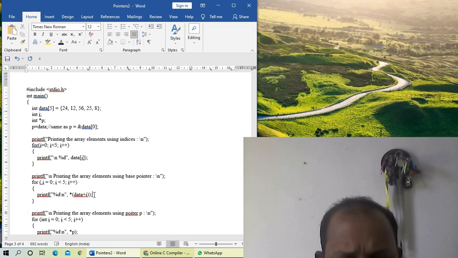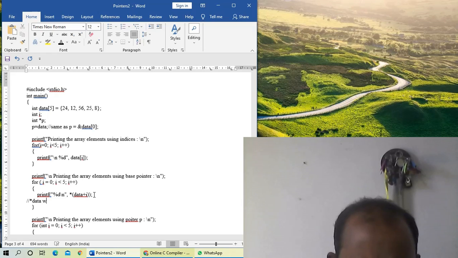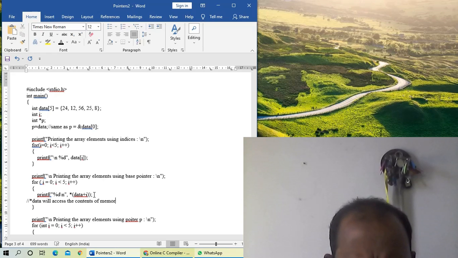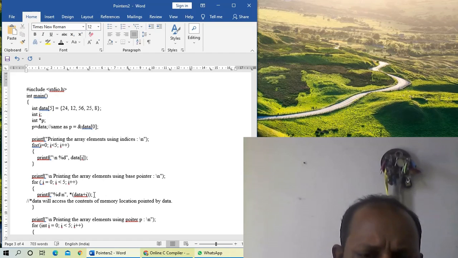So I am writing here: *data will access the contents of the memory location pointed to by data. What is the memory location pointed to by data?